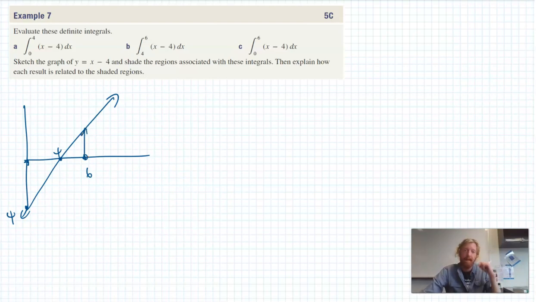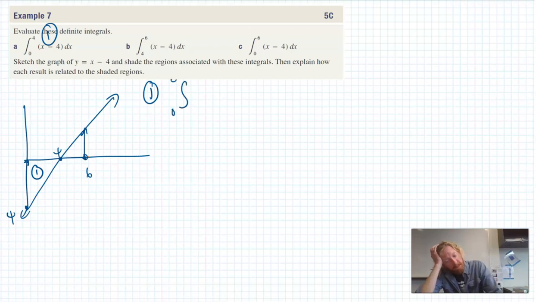Obviously, we're not to scale here. So, from 0 to 4, that's part 1. This guy here is that one. So, A, or 1, the integral from 0 to 4 of x minus 4 dx